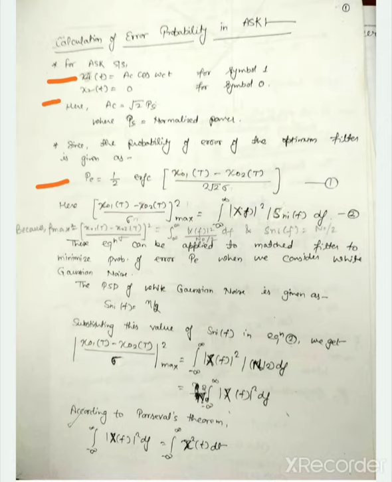Then additive white Gaussian noise. What do we mean by Gaussian? By Gaussian we mean that the PDF of this noise, if we plot the PDF, we will get a Gaussian PDF, and we know that the Gaussian PDF is bell shaped, and we get the peak of this bell shape at its mean value. So things are clear what each term means in additive white Gaussian noise. So this was the equation which we got for equation 1 for probability of error.